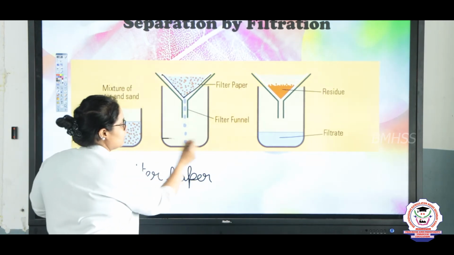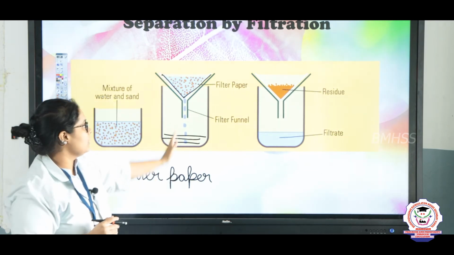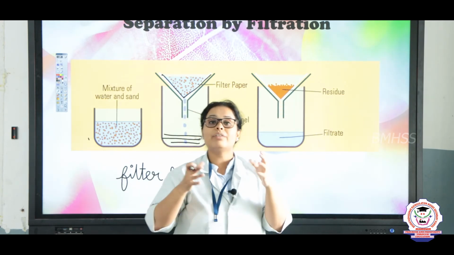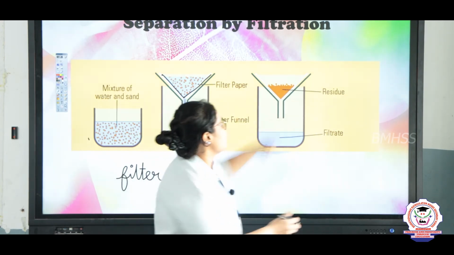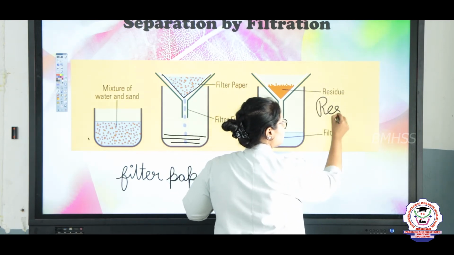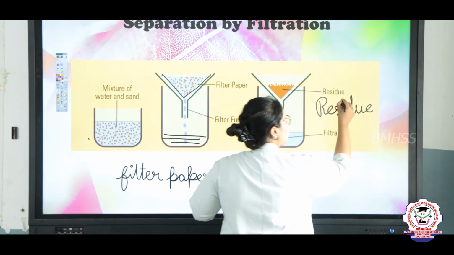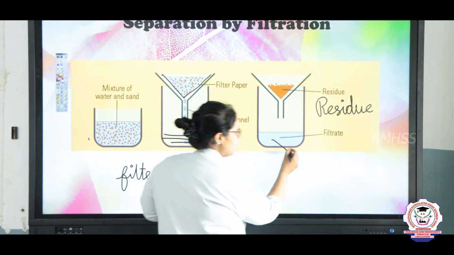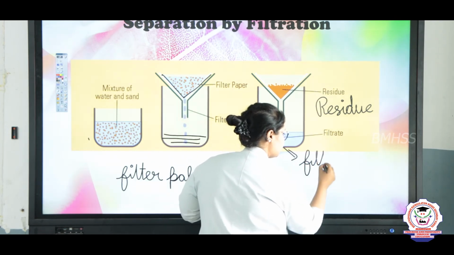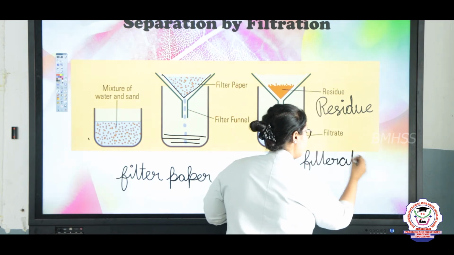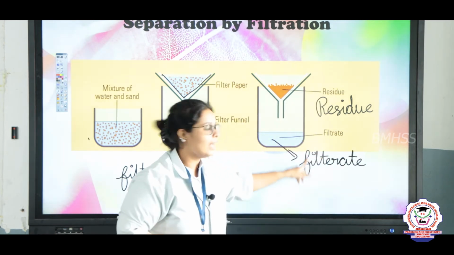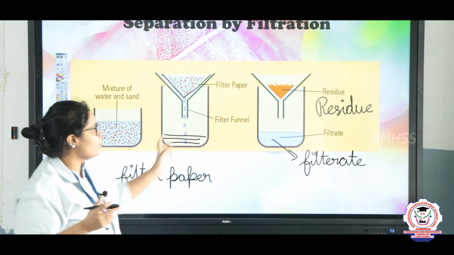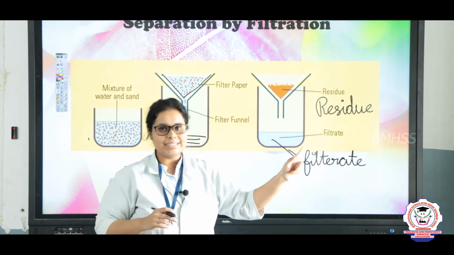What you will see is, here the water starts coming through this and all the solid particles will be left. So already I told you children, whatever is left or settled down, it is known as residue. And same way, after the filtration process, the liquid which we get is known as filtrate. Okay. So you can use it with or without a funnel in filtration, okay. So this is a filtrate and same way you can remove it, right. So this is an easier process, right.